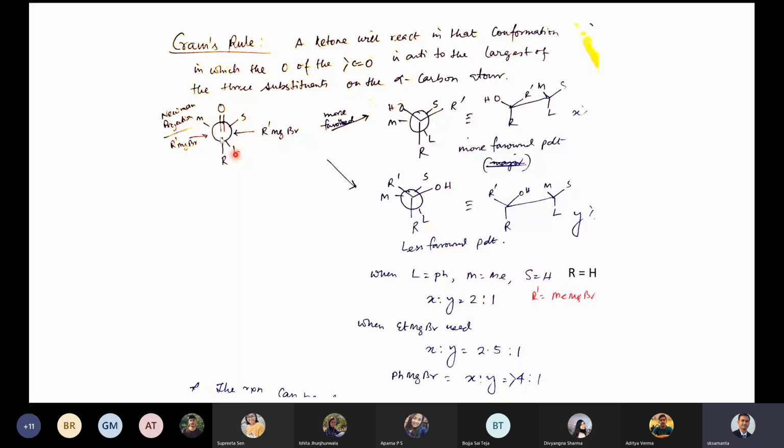Before going there, I want to introduce these two things. You must have studied them before, but I want to revise one more time. Last time I told you about the Sawhorse projection formula in the Organic Chemistry 1 classes. This is your Sawhorse projection formula. You remember, right? This is your back carbon, this is the front group. This is in plane, this is your back, this is your front, this is in plane.